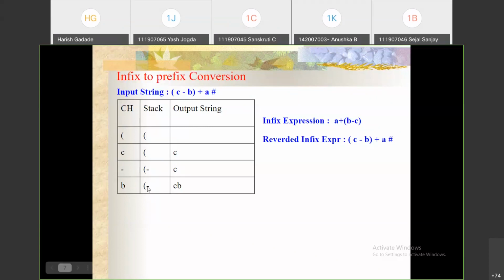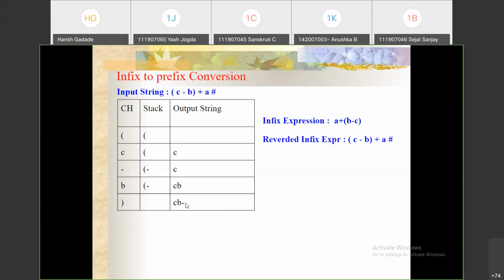Here a single operator is there, so just pop it, add it to the output string and discard this one. When you get the closing brace, pop all the elements till you get the opening brace and add them to the output string. So we just popped this minus and added it to the output string here, right?